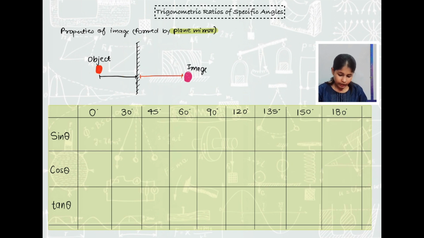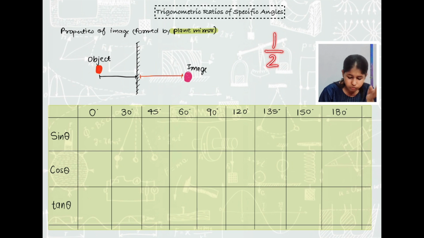So simply, as you have understood till today in this class, you just have to focus upon sine theta, cos theta and tan theta. Don't focus upon cosec theta, sec theta and cot theta, because if you know the value of sine theta, simply you can take out the value of cosec theta. If you know the value of cos theta, simply you can take out the value of sec theta,